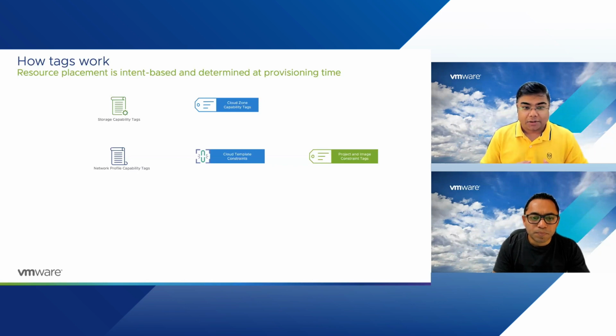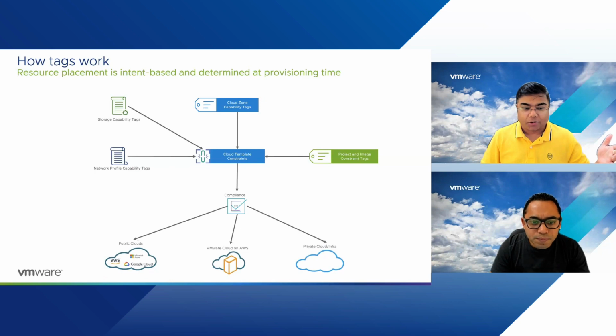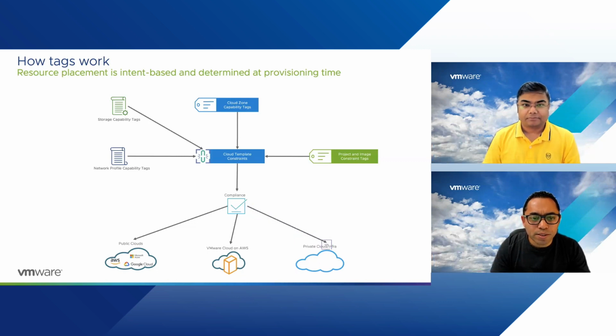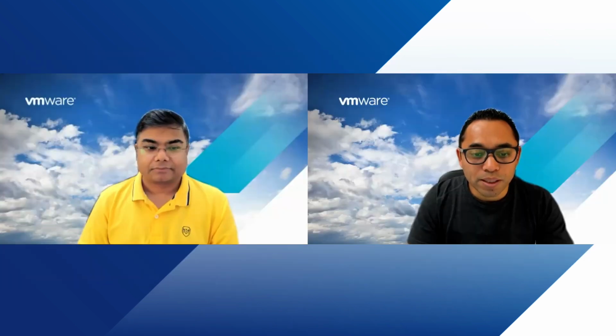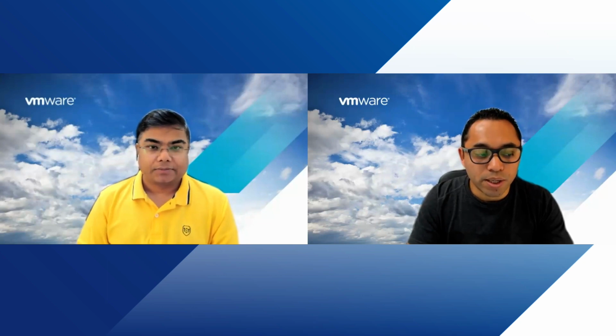Now, all of those come together and are processed to determine where it needs to be deployed. Once it's complied, okay, this is in compliance with my defined tags, it can be deployed to any endpoint. So the VM can go to public cloud, or it can go to VMware on AWS, or even a private environment. That's how tag defines it. So basically, it's really modular, that you can choose the cloud zone as well as the storage profiles for storage, and also network profile for network. And then once the constraints are all met, then it will deploy on the right cloud environment, right? That's how the tag is important in this kind of scenario.